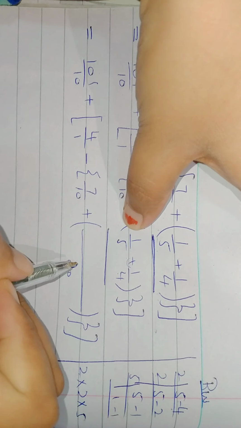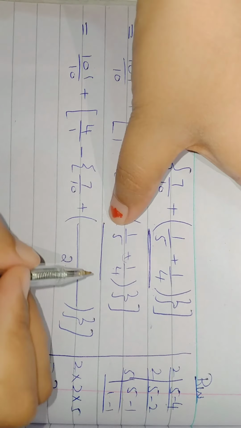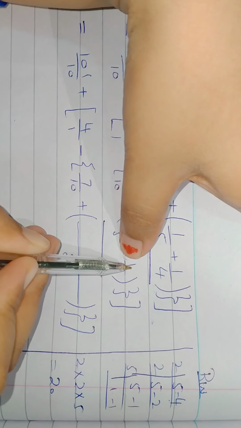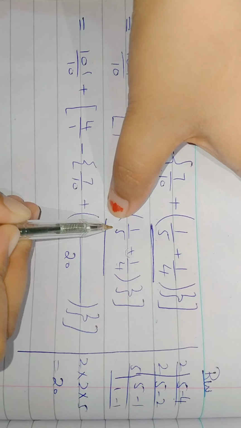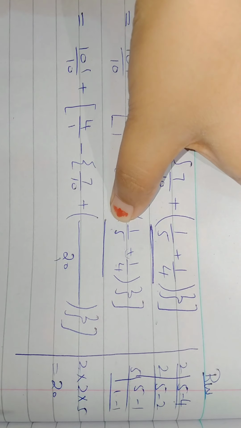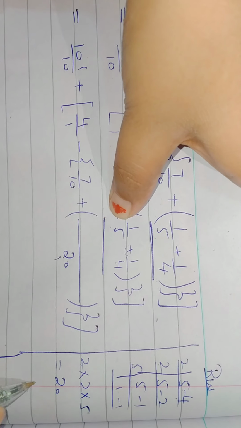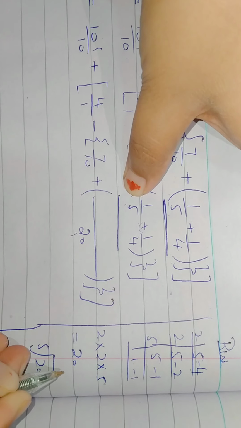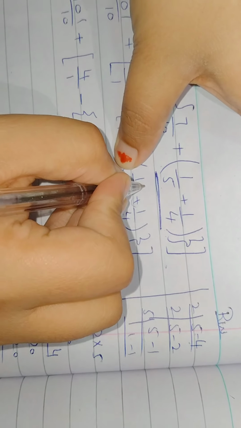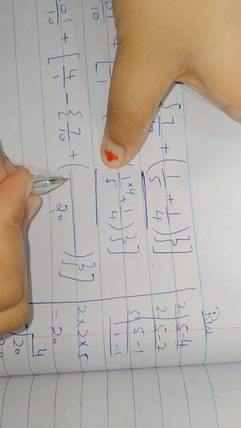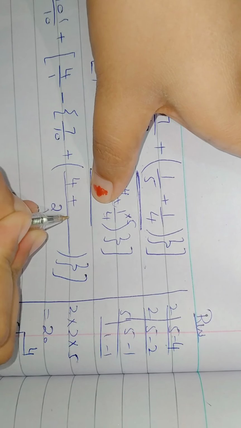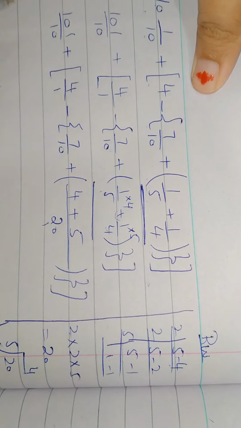This is the very technical step. What you have to do: this is the denominator of the fraction, this is the numerator, this is the denominator, this is the numerator. You have to divide the denominator into the LCM. You can divide it in rough work. 5 4s are 20, so what is the answer? 4. You have to multiply the answer with the numerator. 4 1s are 4. Same like this, 4 5s are 20. So 5 1s are 5. Clear?